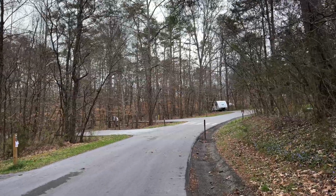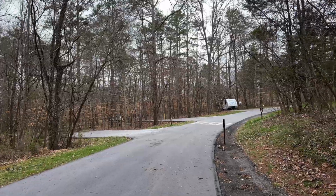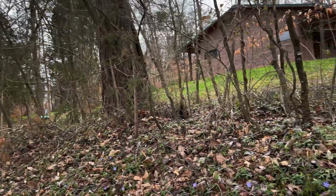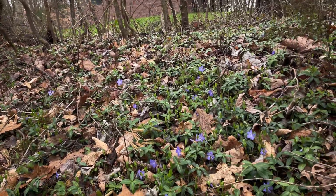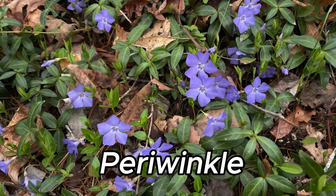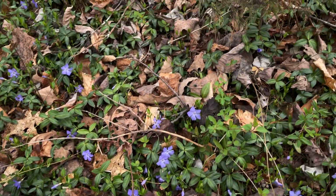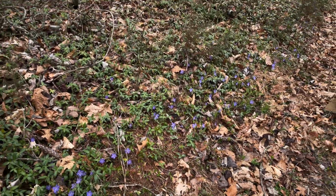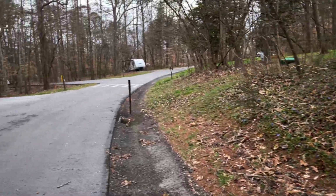Here we go. Here's some of those purple flowers. Let's see if we can get a bunch of them together for a good photograph. There we go. And we got another flower to get a name for it. We got that beautiful white one. We got this beautiful